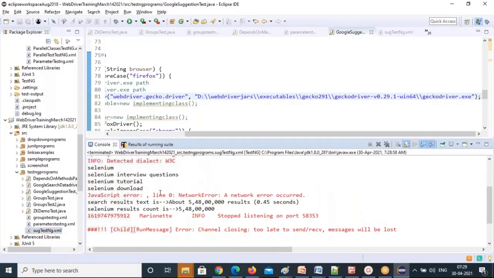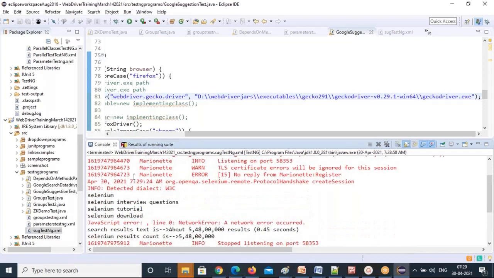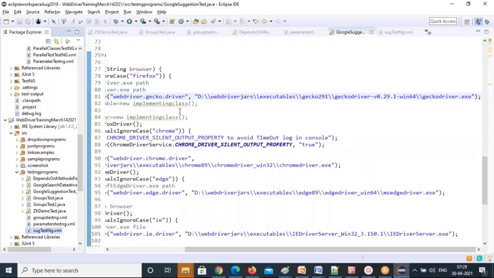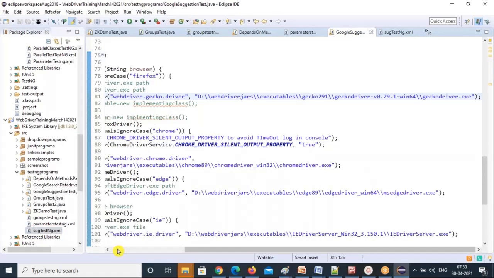Done. See all the options. It is going to print. So your option is here, that option will exist. That's how to select auto suggestions. How you can select auto suggestions.